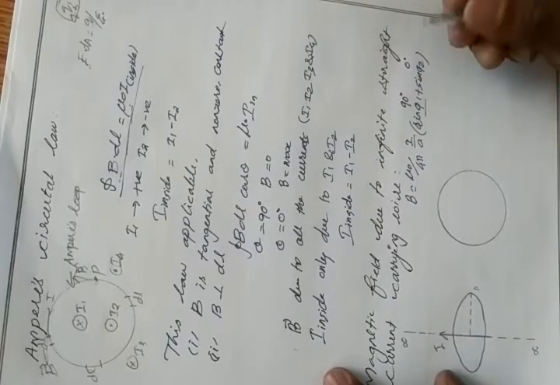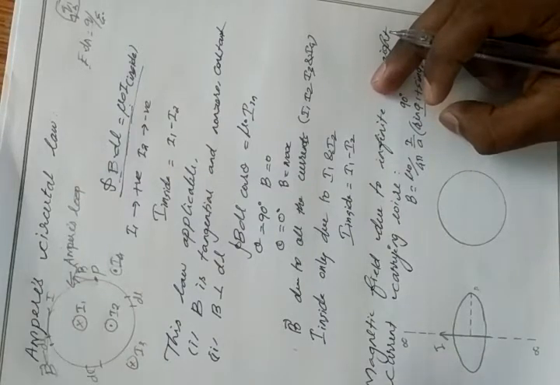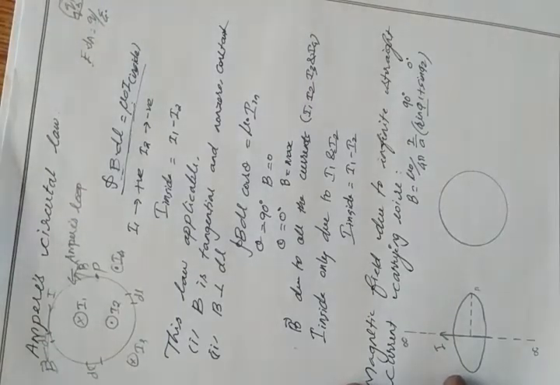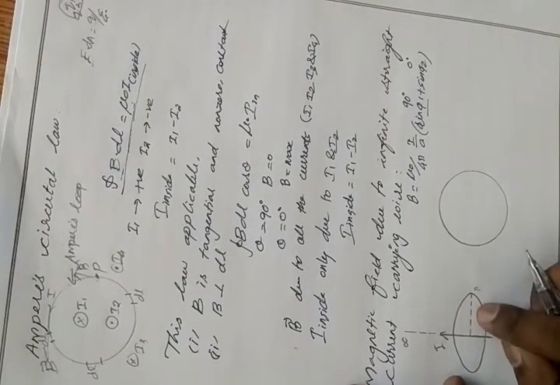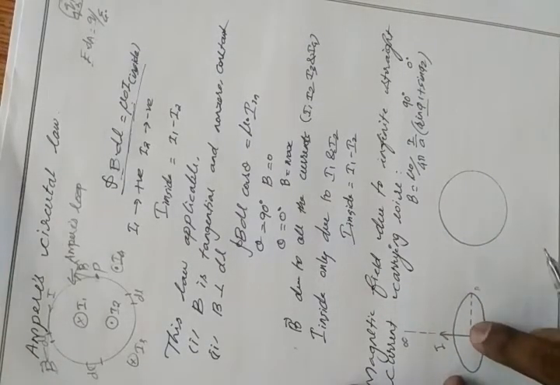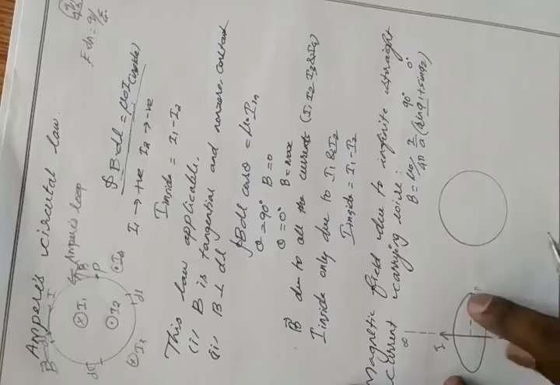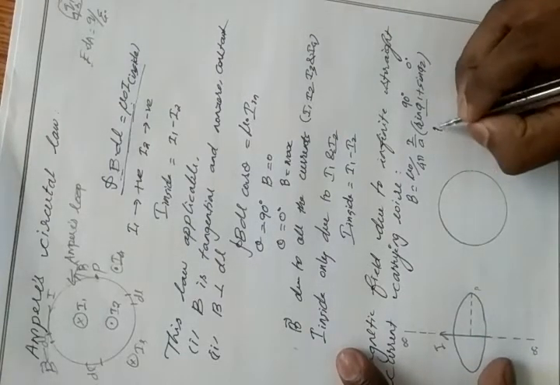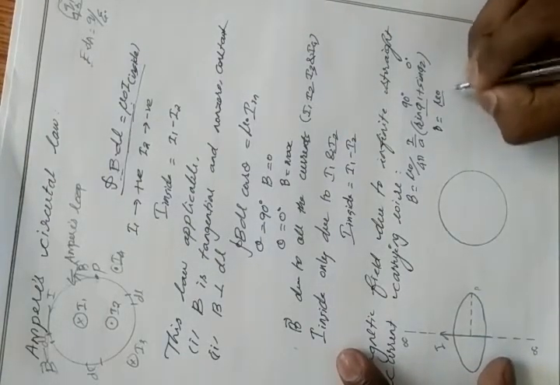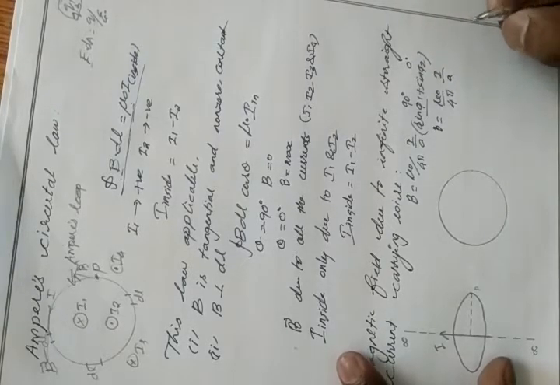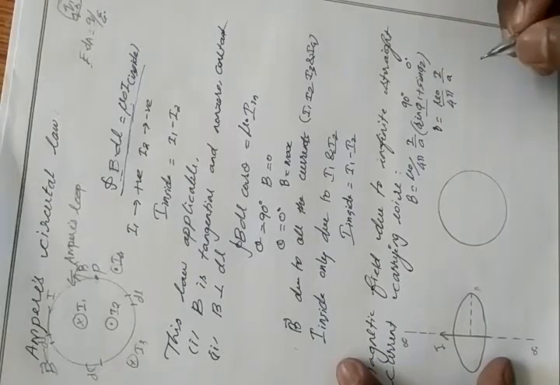For a semi-infinite wire, we have one end, and we draw a parallel line, which creates an angle of 90 degree with the radius. At the other end we don't have any wire. So we take phi 1 as 90 degree and phi 2 as 0 degree. Then our magnetic field equation will be B equals mu naught by 4 pi, I by A. Sin 90 value will be equal to 1.